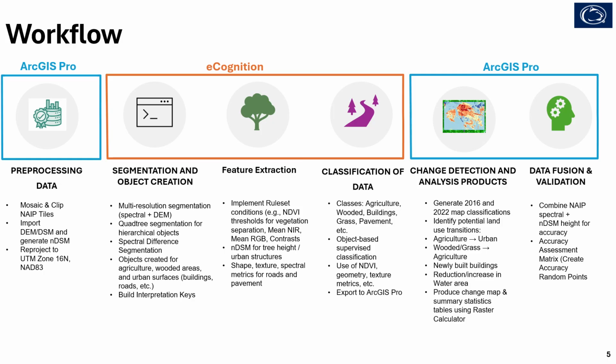After segmentation, I created an interpretation key to make sure feature extraction was accurate. The NDVI index was used to separate vegetated from non-vegetated areas. Elevation data helped identify tree heights and building heights, helping distinguish wooded areas from agricultural fields and buildings from ground level features. Shape and texture metrics were also used to help separate urban surfaces from irregular agricultural plots, improving overall